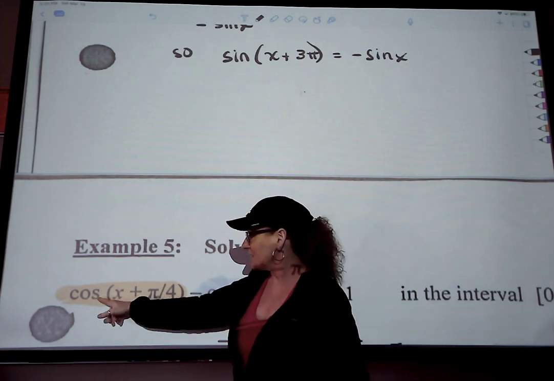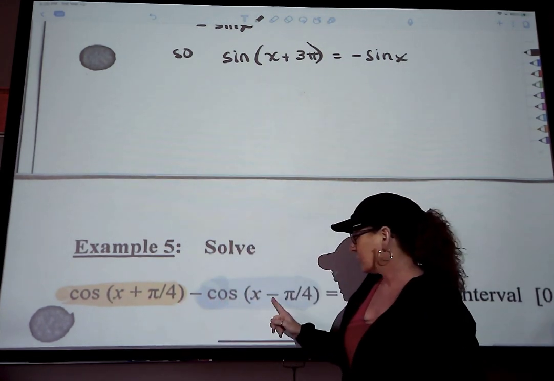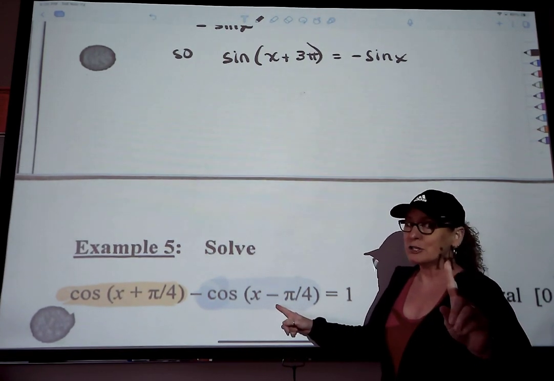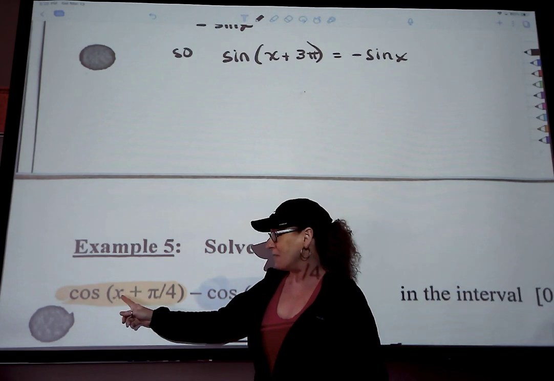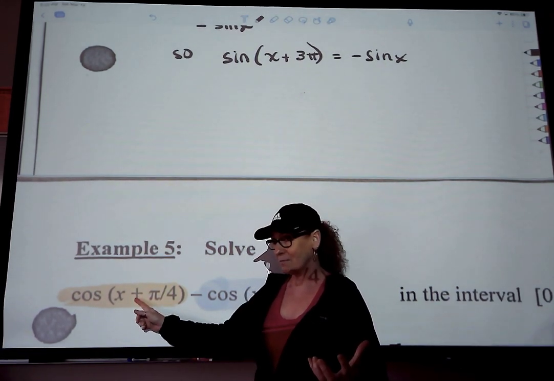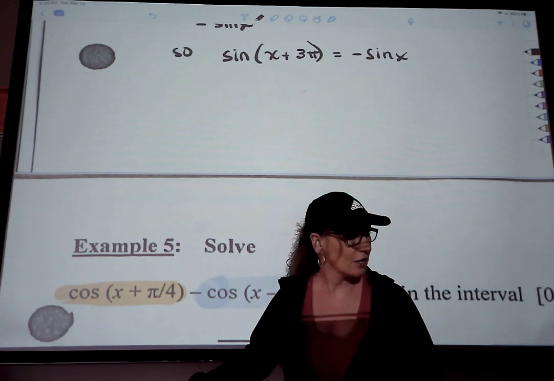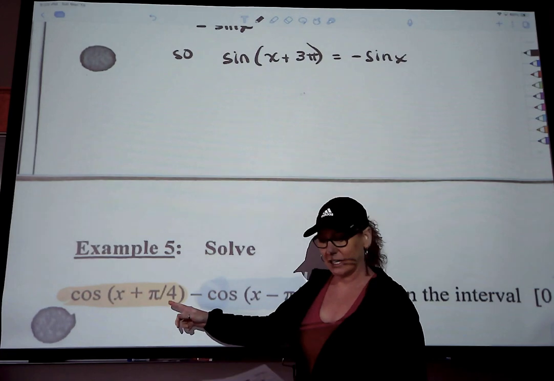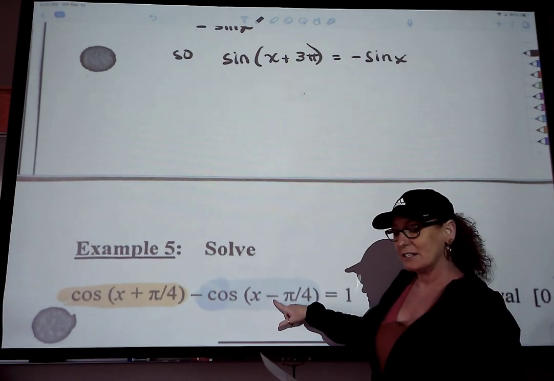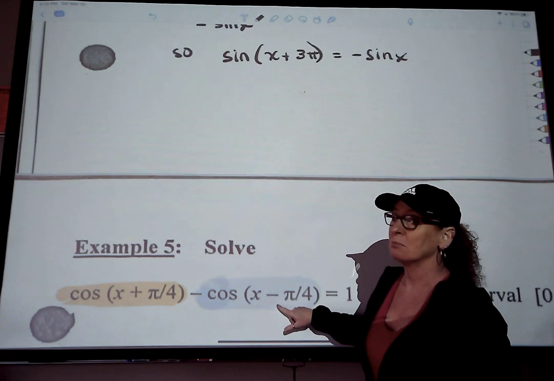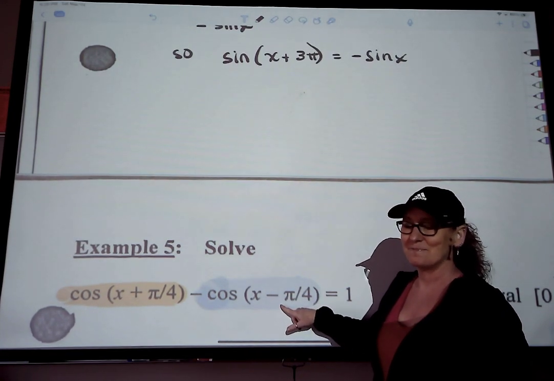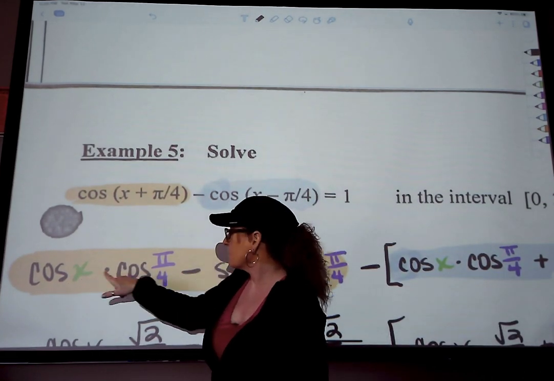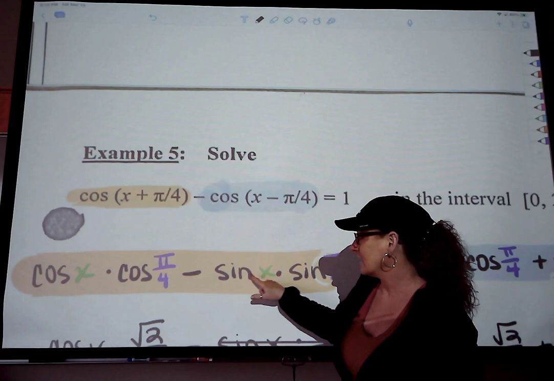So I recognize this as cosine sum and cosine difference. So don't write too big because we're going to have to sub these into a cosine sum formula, which looks like, let's see, the cosine sum is cosine minus sine. And then we're going to have to sub these into the cosine difference formula, which is cosine plus sine. Here's what it looks like. Here's the first one, cosine of the first, cosine of the second, minus sine of the first, sine of the second,